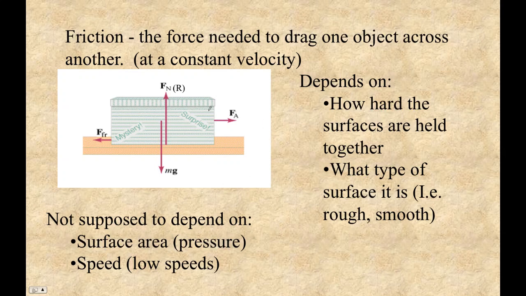Let's talk a little bit about friction. Okay, concept zero is that friction is basically the force you just need to drag one object across another. So, in an ordinary situation, you've got a box. It's a mystery or surprise box, so evidently, right? And if you think about that thing, if it's just sitting on the surface and we don't apply a force